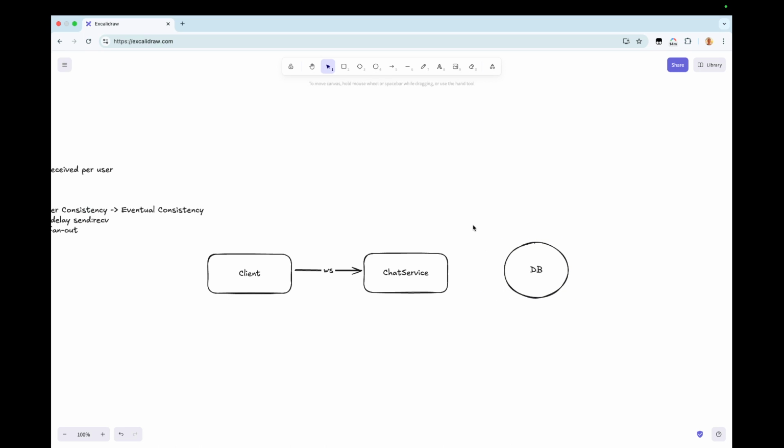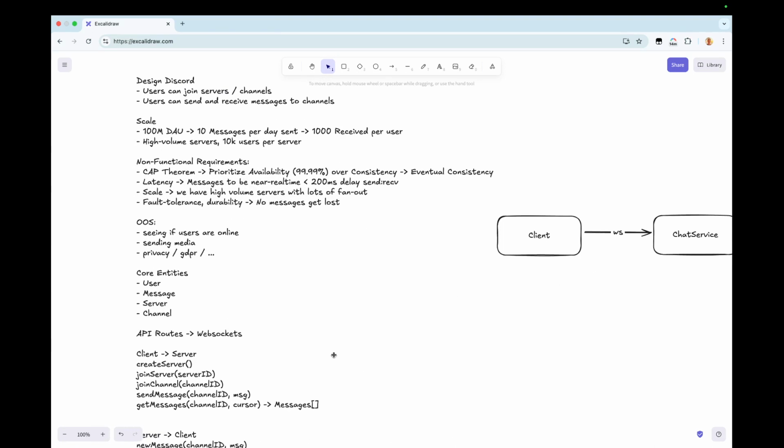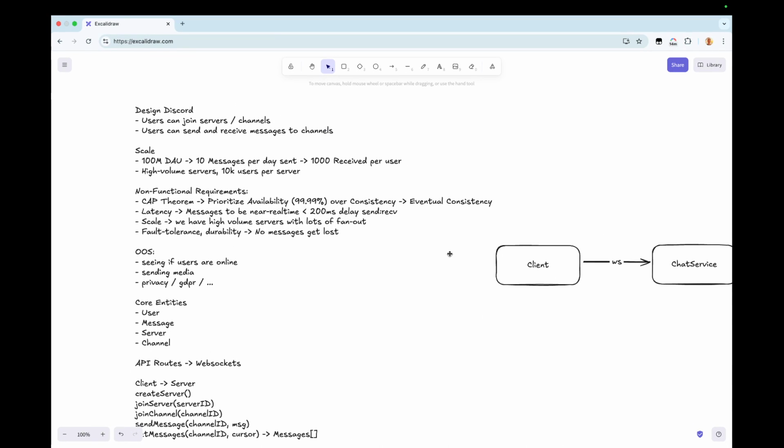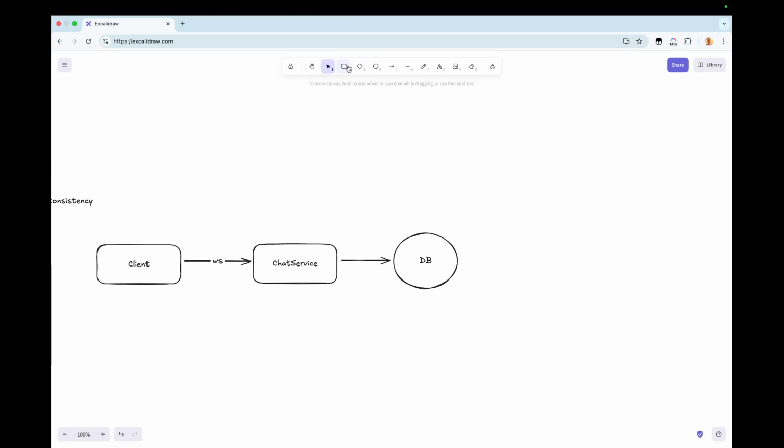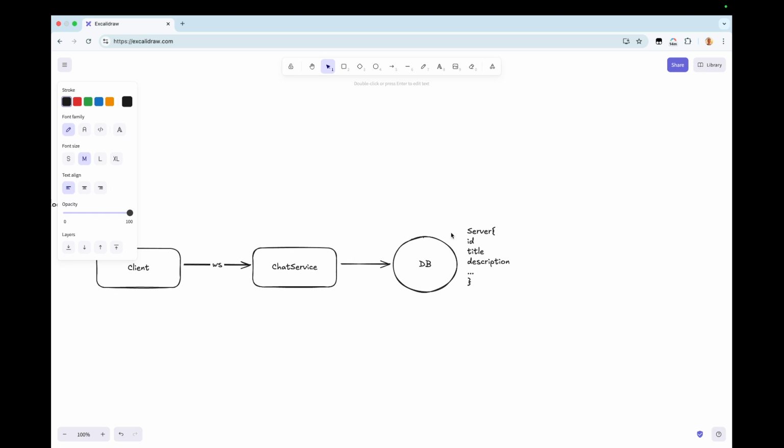Then we have our database here, and basically, users can join servers and channels. So we have a server here. We have an ID, title, description, dot, dot, dot.